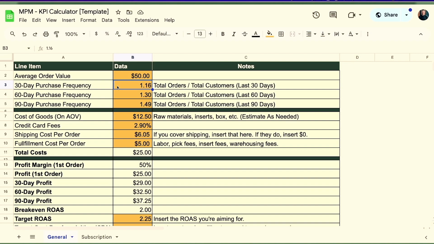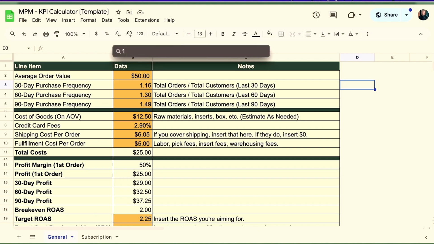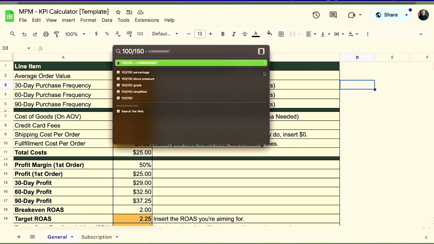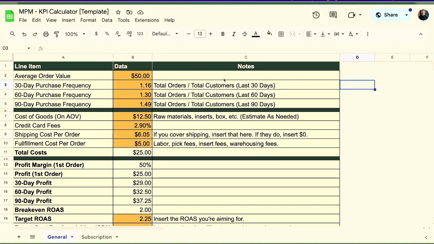And so if I took all my orders in the last 30 days and divided it all out, so if I had like 150 orders and I had 100 customers, then just doing the quick math on that, it would be 100 divided by 150, and that gives me, that's the reverse, I'm sorry. I did the inverse here. 150 orders divided by 100 is going to give us a 1.5. So I can say, okay, well, we have a 1.5 frequency. Just to give you the example of how that would actually work, because people come back and buy again.